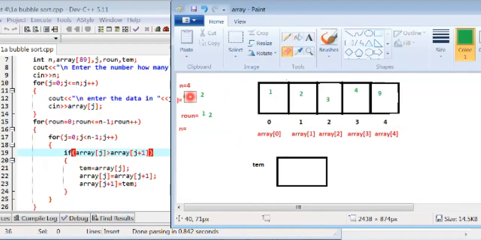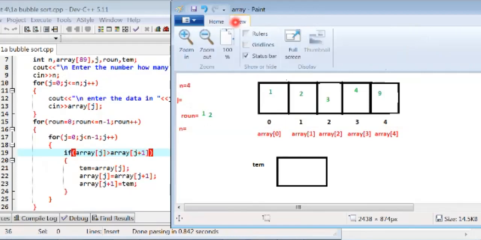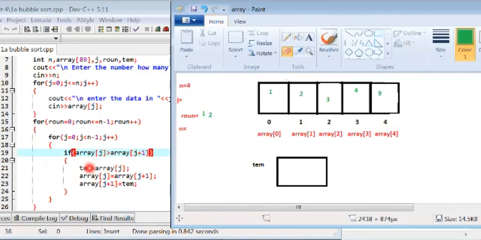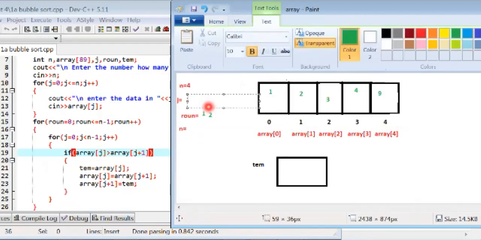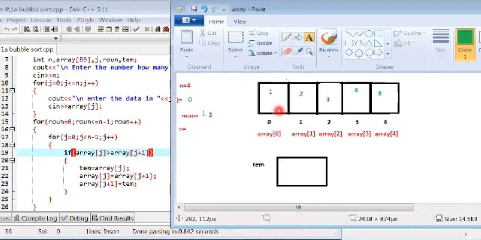The value of j is 0, and the value of 0 is 1 and of 1 is 2. Is 1 greater than 2? The condition is false. Then this line is not executed.